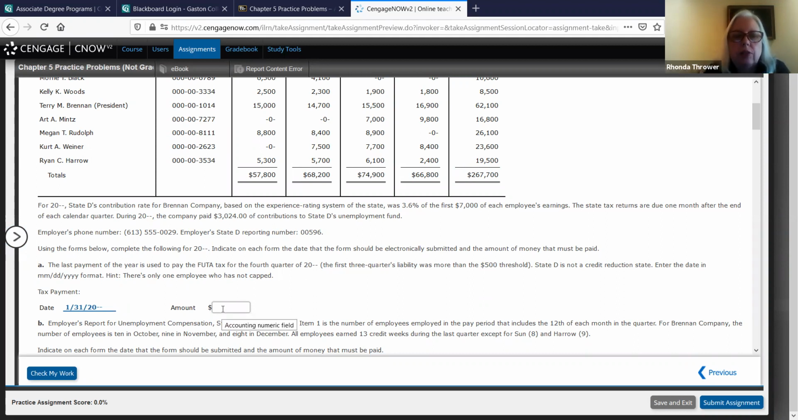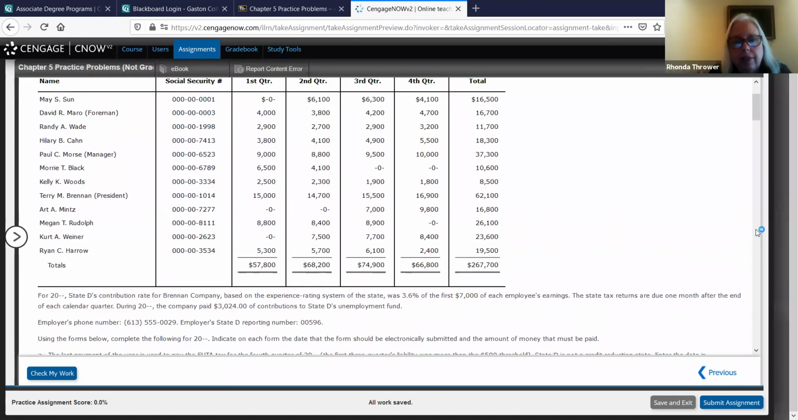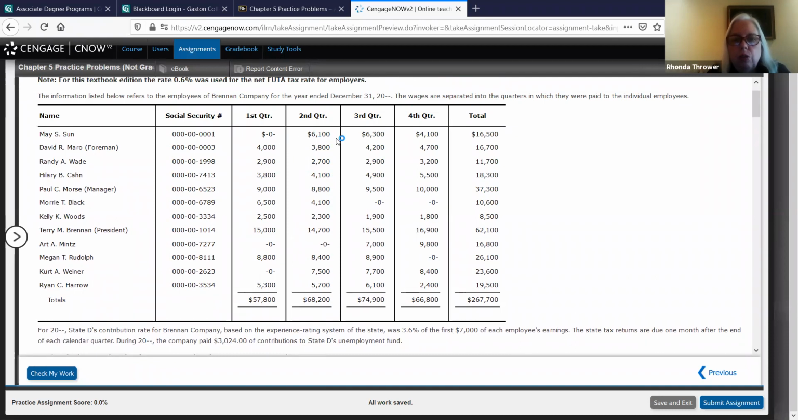The amount that they would need to pay for FUTA, now here's the key, there's only one employee who is not capped, and you have to determine which employee that is. So in other words, we have to go through and add up all the wages to see when the employee reaches $7,000. And there's one employee who has not done that. And I've created a spreadsheet to help you to look at that, but I would just go ahead and tell you right now that Kelly Woods,